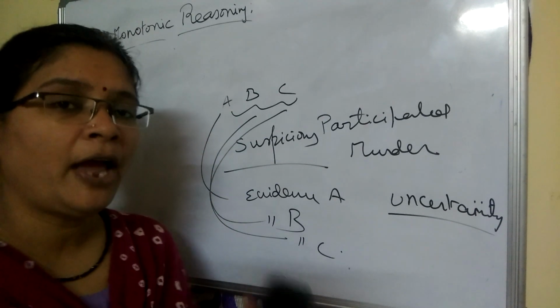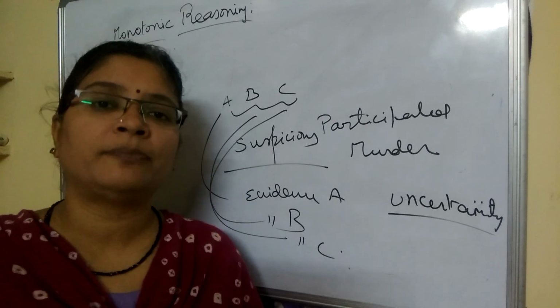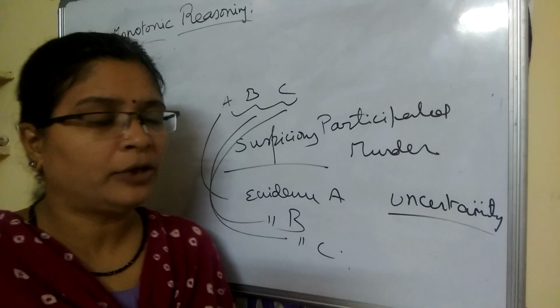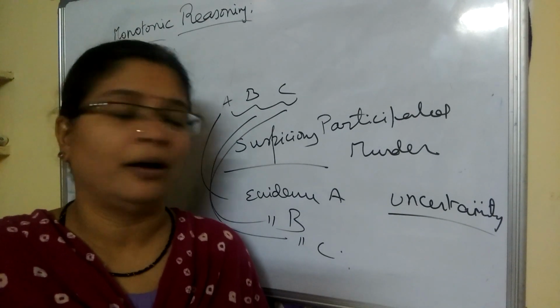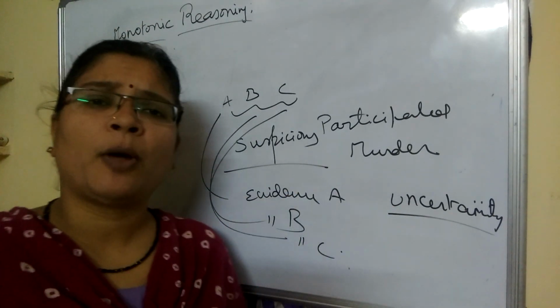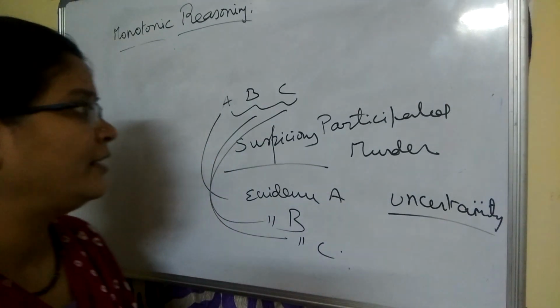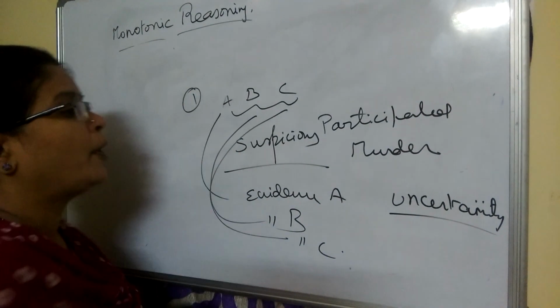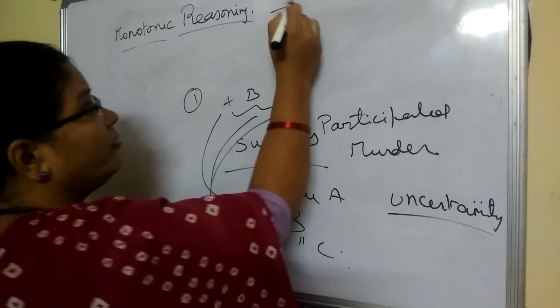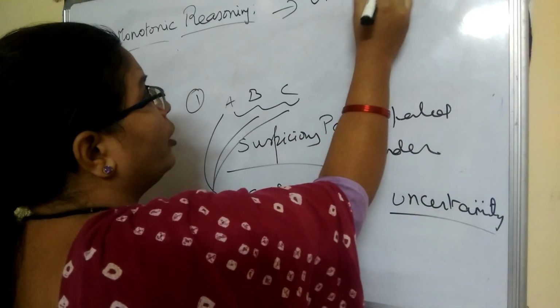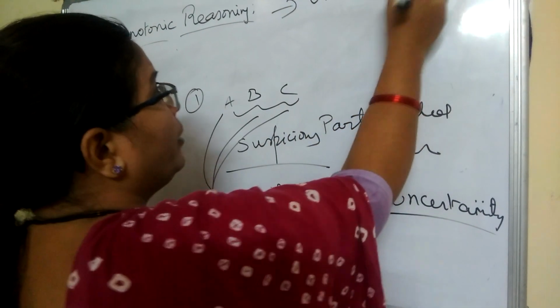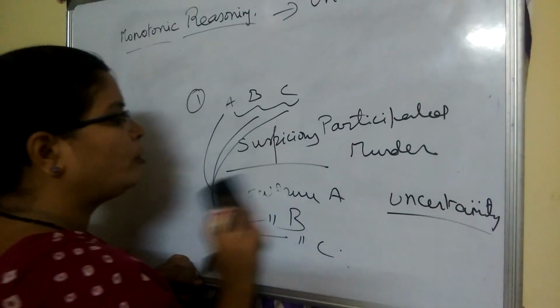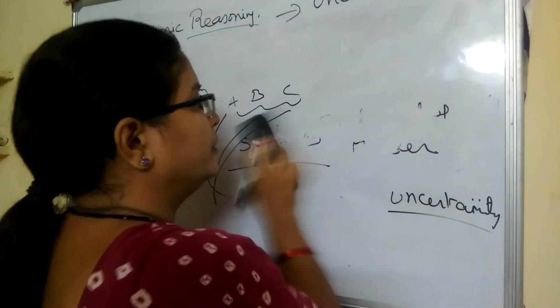For that we have to do some background work. We have to collect a set of evidence to resolve this particular uncertainty. Such kinds of problems are categorized as uncertainty. So this is one example problem for uncertainty. The other name for non-monotonic reasoning is also uncertainty. Now we are going to talk about one more problem of uncertainty.